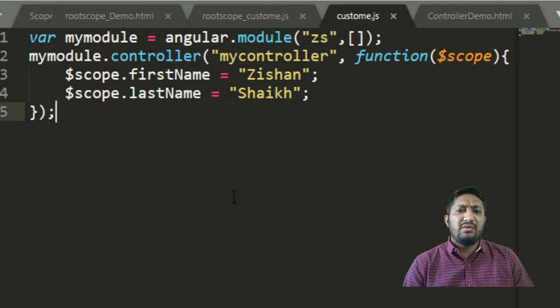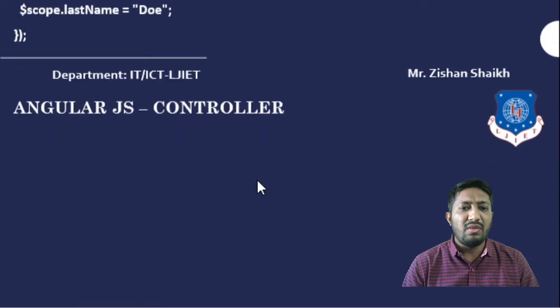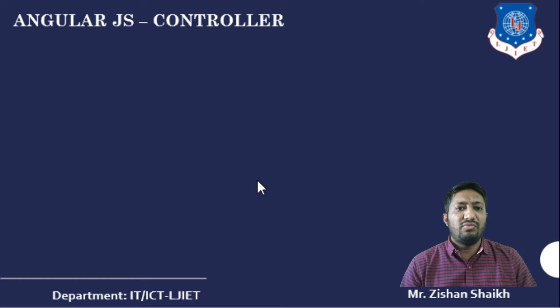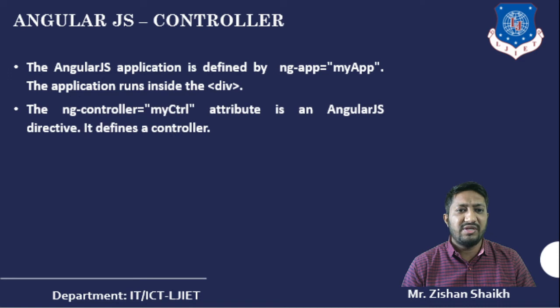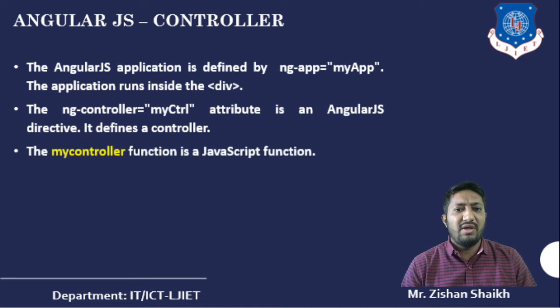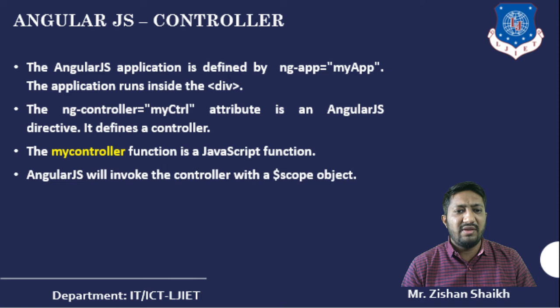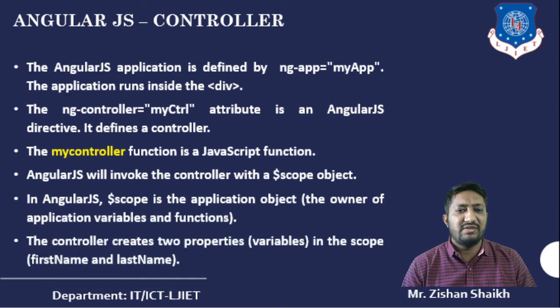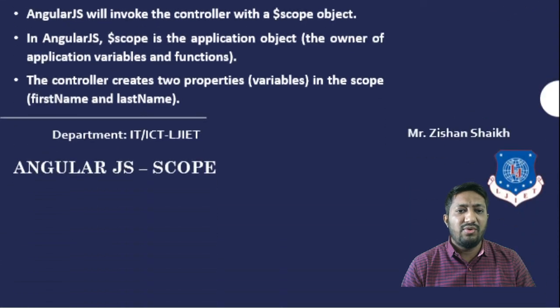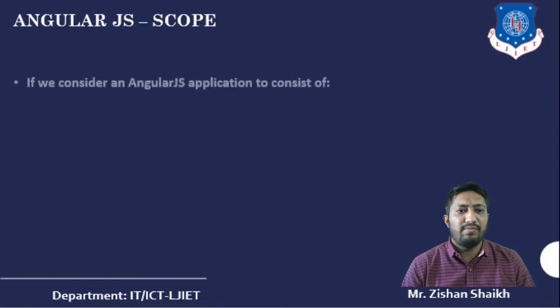Now in detail we will learn what a scope variable is. So let's start. What I am explaining, the whole code, will be defined here. So what is AngularJS? My application name. Controller is my function, and what is the scope object? I already discussed that, and it will be written here. Now we are moving to this scope.